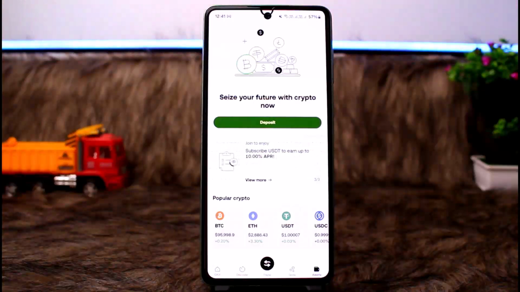Similarly, for withdrawals, you want to head into the assets tab, and here you'll get the withdraw option. Select the withdraw option and then select whether you want to withdraw crypto or your fiat balance. If you select the type of withdrawal you want to make, such as crypto, then you can select the crypto that you wish to withdraw, and then you want to select the amount,